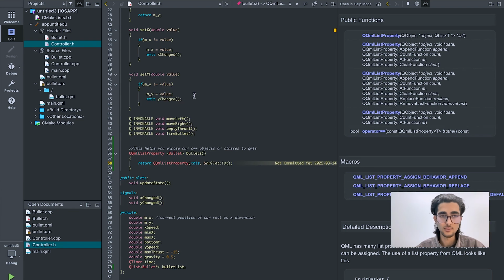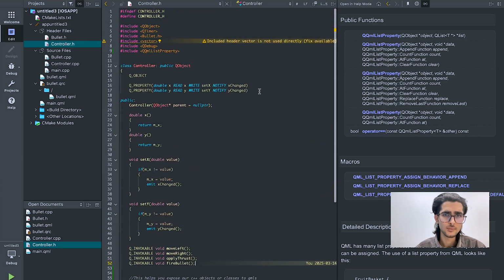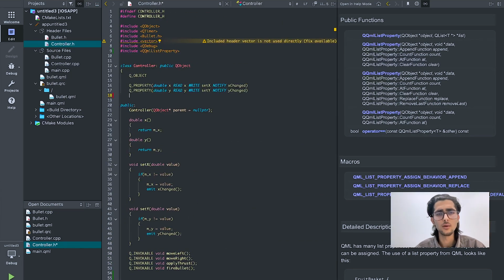You fire again, same thing. And what I'm gonna do is connect our status of this bullet list to change. For example, if any one bullet is added, I want to notify that the bullets have changed. So Q_PROPERTY,